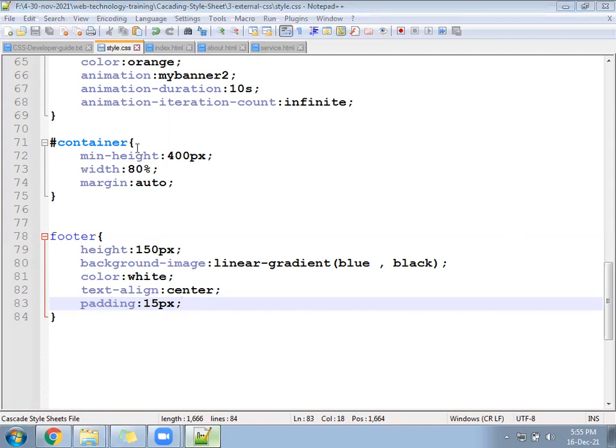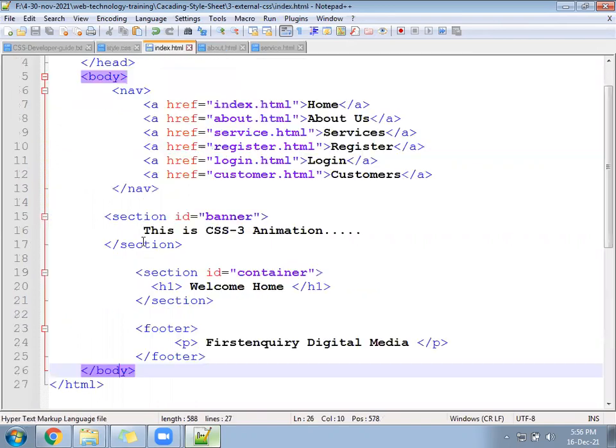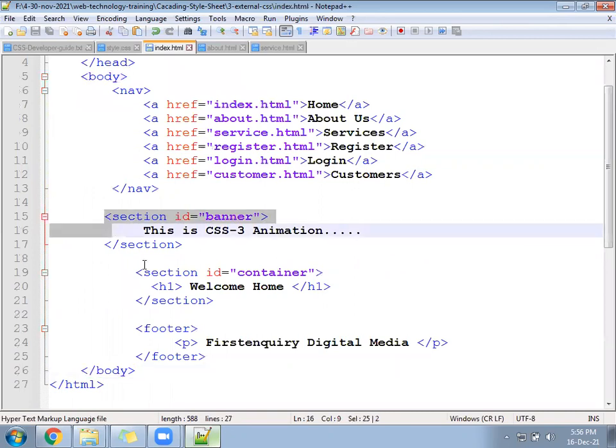Division also you can use, section also you can use. Both are for the same purpose. Division is from HTML4, section is from HTML5. Both will not work without CSS. CSS we have to write for that. Right. So hope you have written section plus footer.